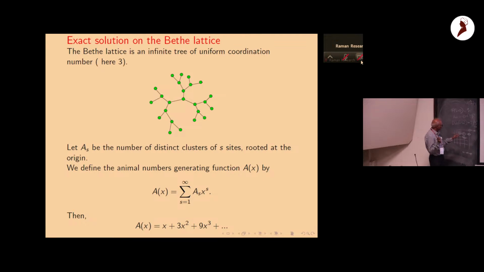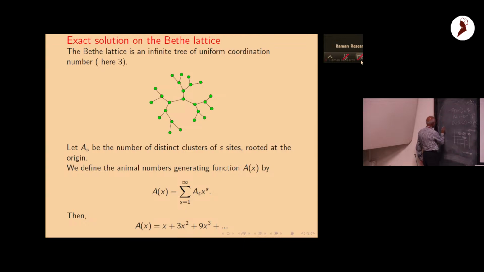Okay? So it is animals with a given source, starting point. This point is the starting point, and the animal grows from here. Now, if you give me an animal of size S, I can take any point and call it the root. But then we will think of these as distinct animals with root identified. So if you have animals of size S, there is only one animal of size 1 because the root has to be occupied